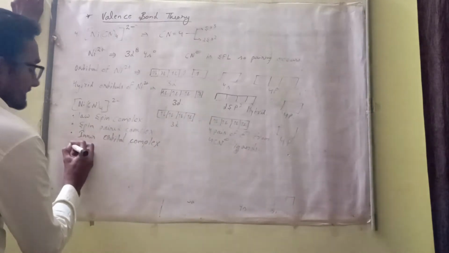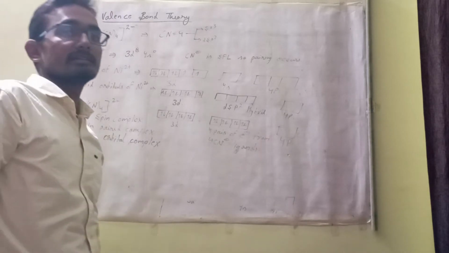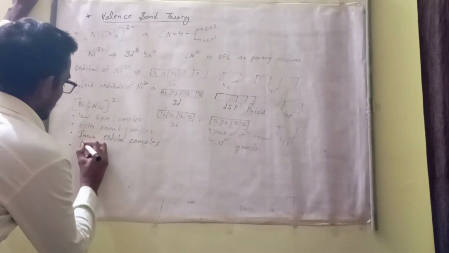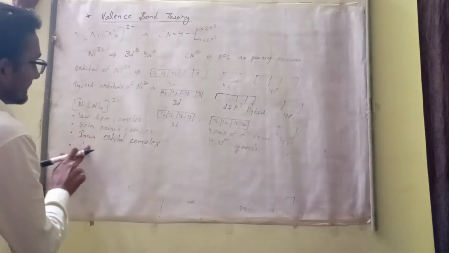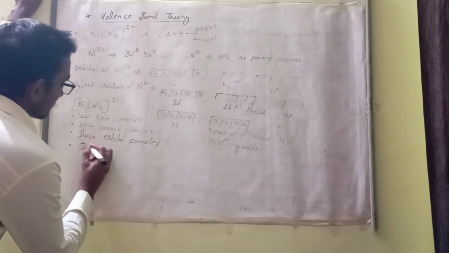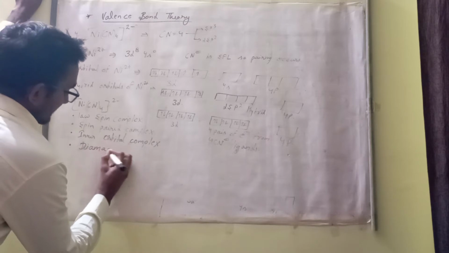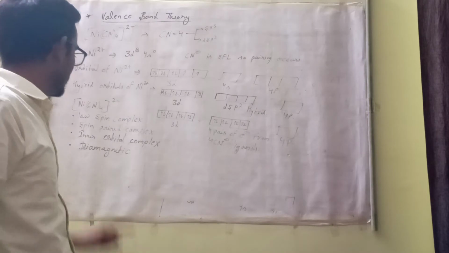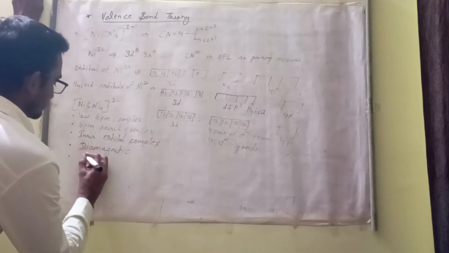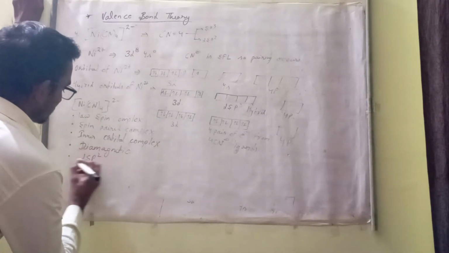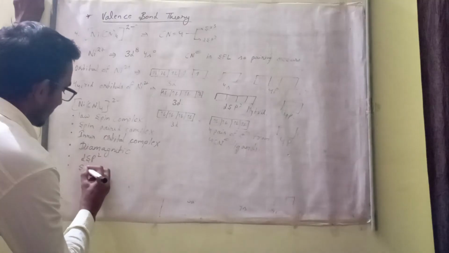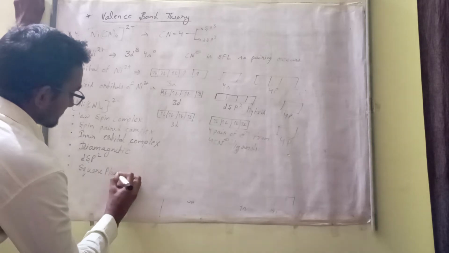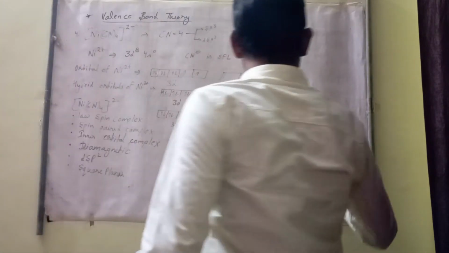Paramagnetic or diamagnetic? It is diamagnetic because there is no unpaired electron. Diamagnetic. Hybridization is dsp2. Geometry is square planar. Square planar geometry is